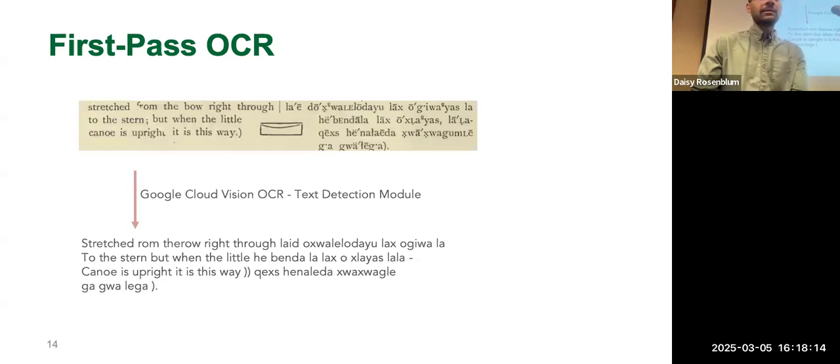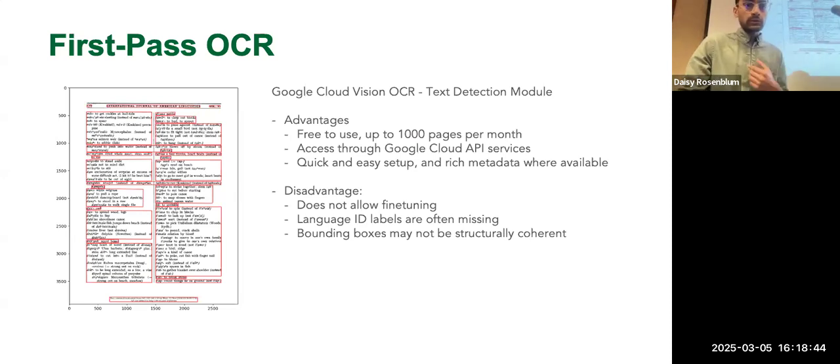The Kwakwala does not look like anything like Kwakwala. It loses a lot of the diacritics, superscripts, unique features of the script, and this is especially common in multilingual pages where there are issues with the quality of the OCR, because OCR isn't just detecting characters in a patch of pixels, it also has a language modeling component to piece together the characters in a sequence, especially if there are blurs and missing blots and characters and things like that. So this is an example of what the OCR output looks like on a dictionary page. You'll have bounding boxes and potentially some other metadata for them.